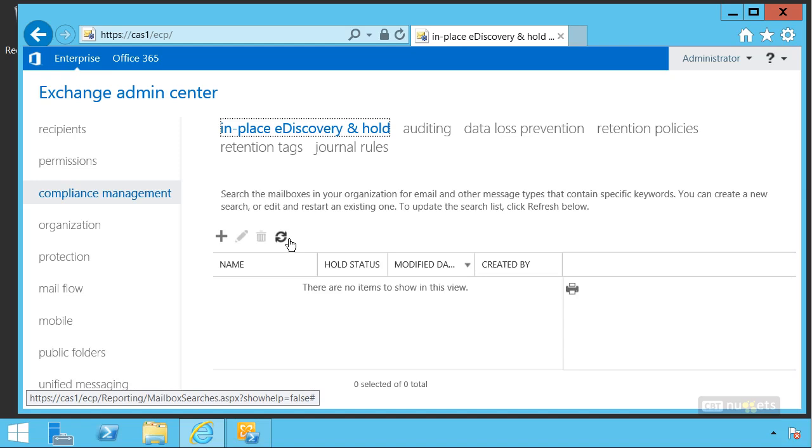No one gets permissions to this by default, and that's an important statement in and of itself. You need to decide who has the authority to do discovery and hold, and you're probably going to have to check with the company, the legal team, all of that stuff to figure out who's allowed to do this. And I pray that it's never me,